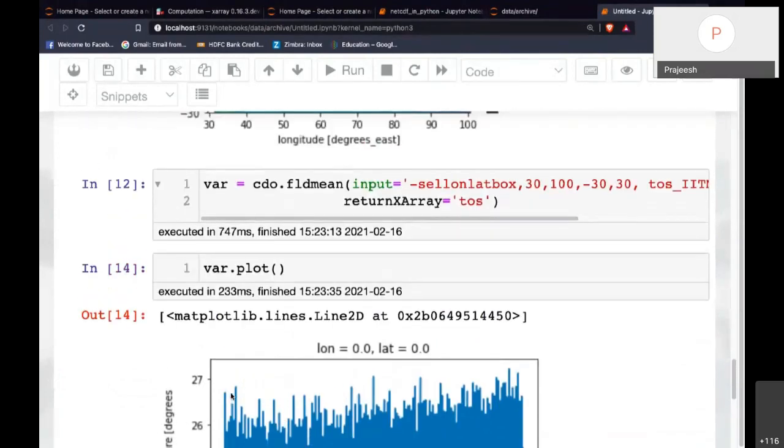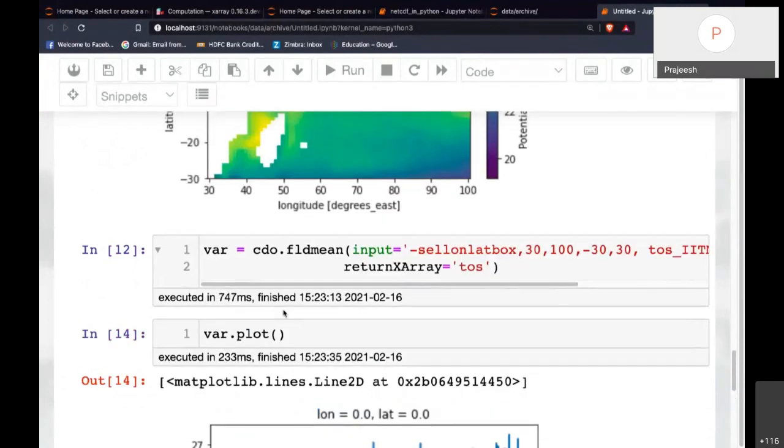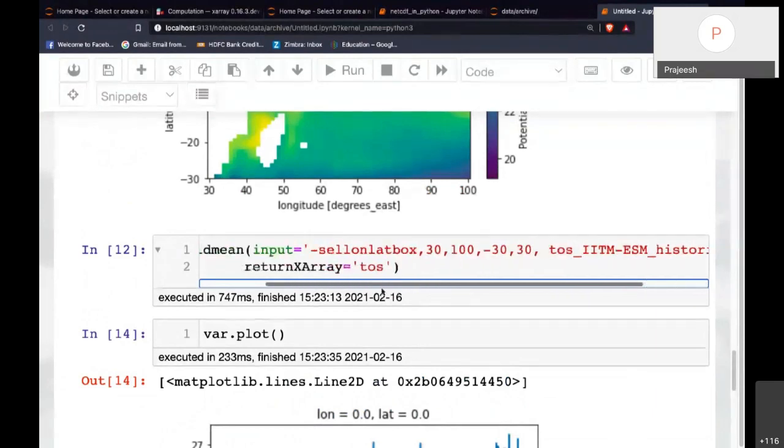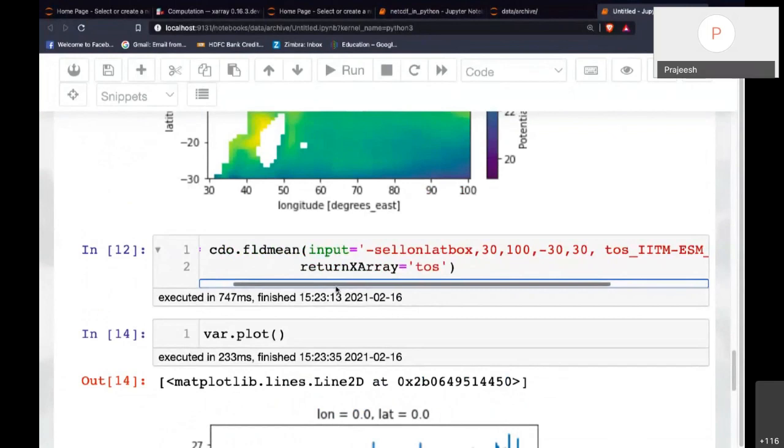So this is CDO, and as you know, there are a lot of functionalities in CDO, which are all available here inside Python. This is combining CDO and Xarray. I think you can do almost all kinds of manipulation of NetCDF in Python in very simple and few lines of code.